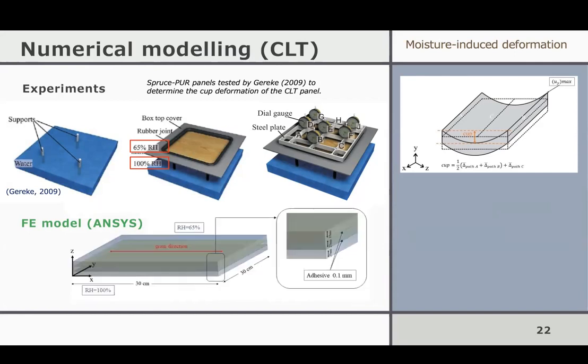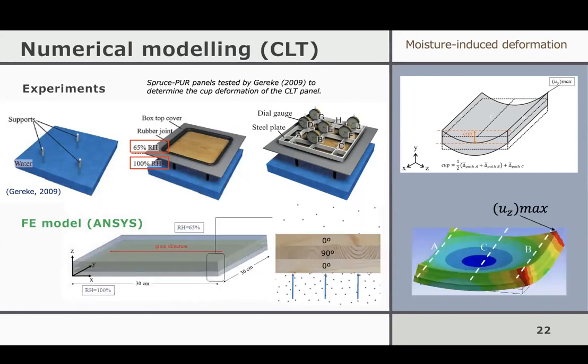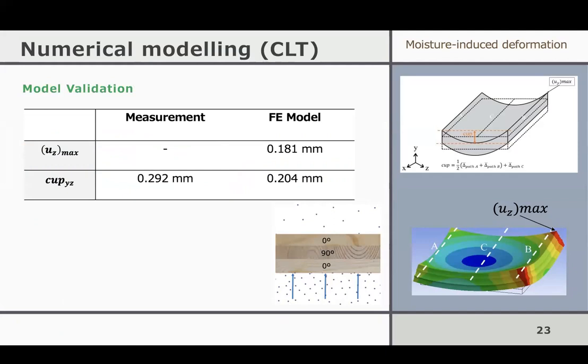So that led to a little bit of unsymmetric deformation here. And for the inputs, we use the modulus of elasticity in different directions that changes with moisture content. So we consider that, and we compare the overall shape and the maximum deformation we have here with the experimental data. So on this slide, you can see cup deformation based on the measurements and our FE